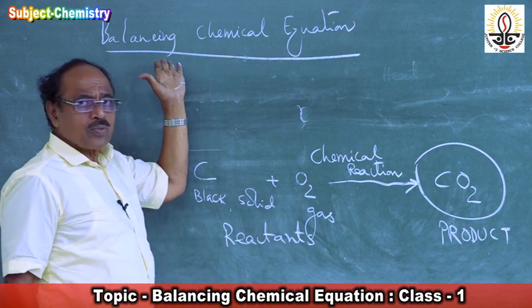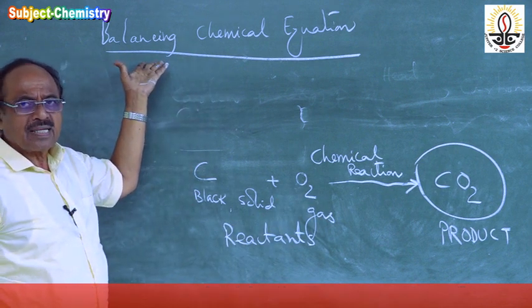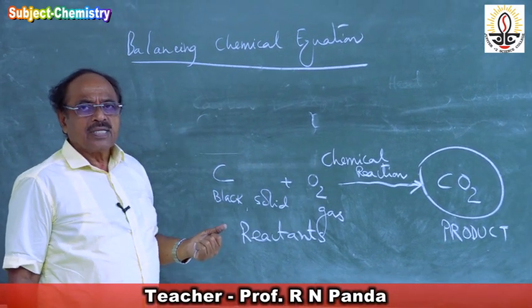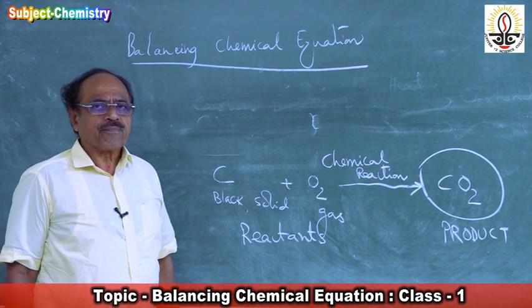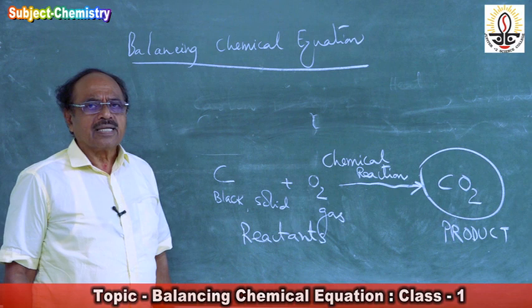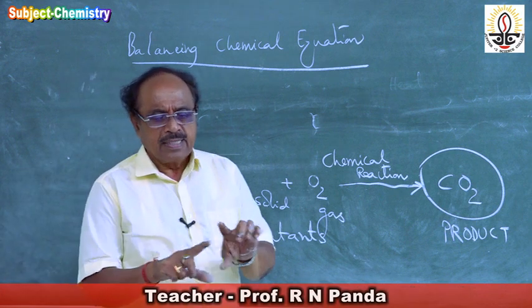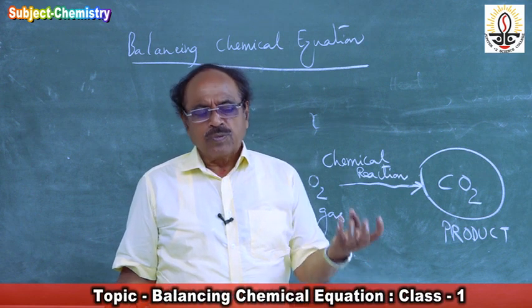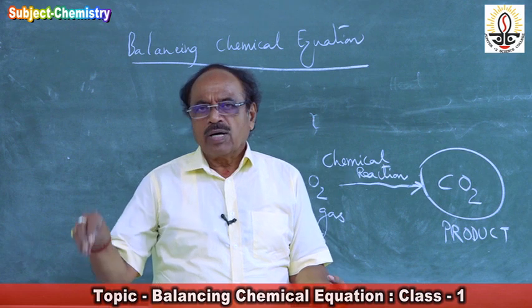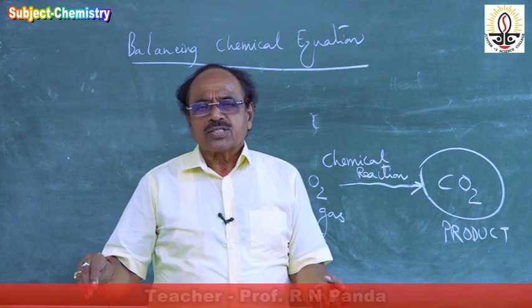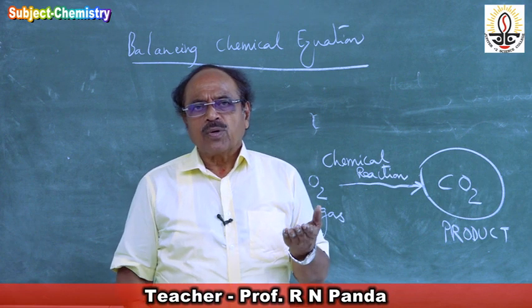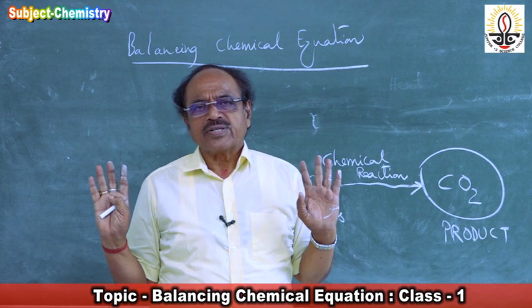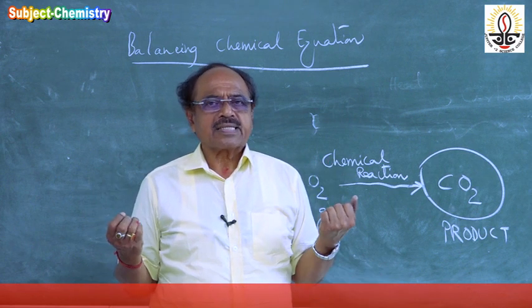Then why this word balancing? The question comes, because an equation is an expression which explains the equality of two terms. Then what is the use of the word balancing? What do you mean by balance? Suppose you take a balance. If you want to weigh anything, we put the object on the left side. Then we go on putting the weight on the right side. So this goes up and down, up and down. A time will come when they remain straight. They do not undergo any change. That is called balanced.